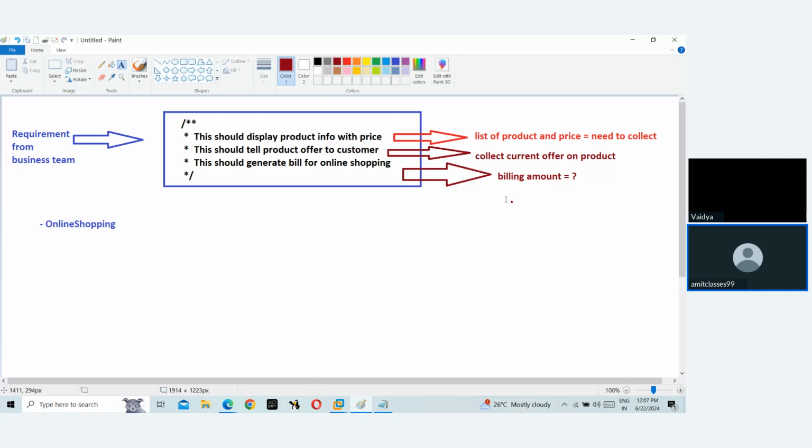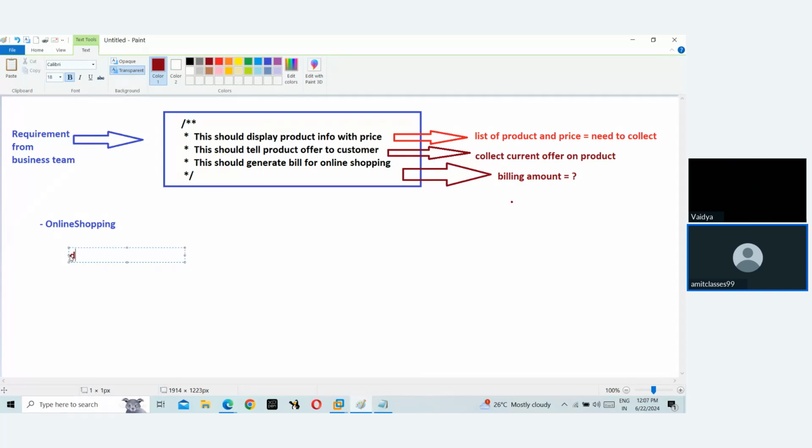First, list of products and the price. Second, collect the current offer on each product. Then, based on the shopping, what is the billing amount? This is the three tasks. So let's see. What I'll do here, product and the price, I'll define one function here. I'll make it display product details. You got my point here. One function I'm keeping here in Scala, and then I'm saying it returns Unit, right? Correct. So here